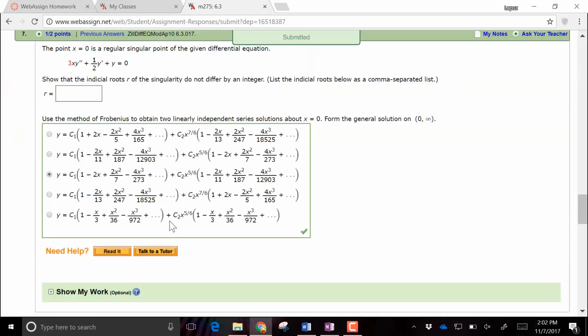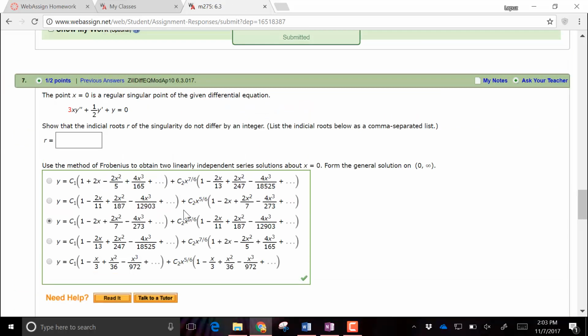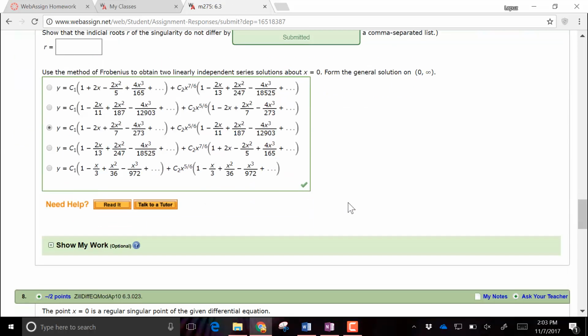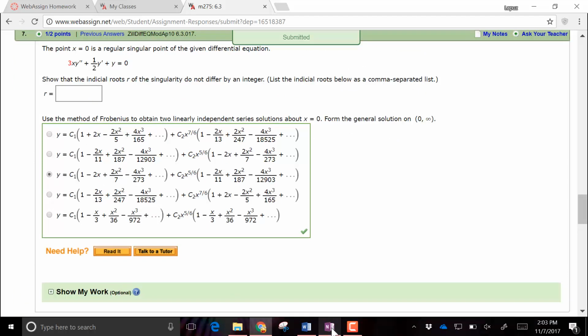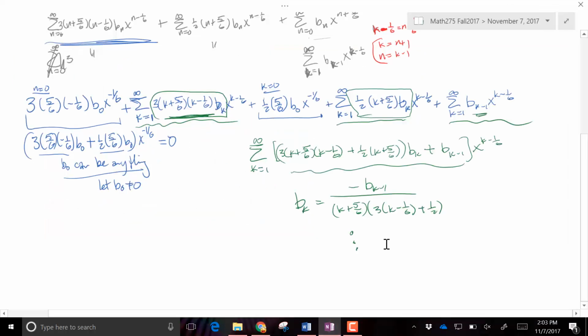Is it right? Oh, there's a check mark. Okay, so that's the process. What I can do is I can finish this up and then write it up and then post it online some other time, and then you guys can try to follow along. And yeah, good luck with the homework.